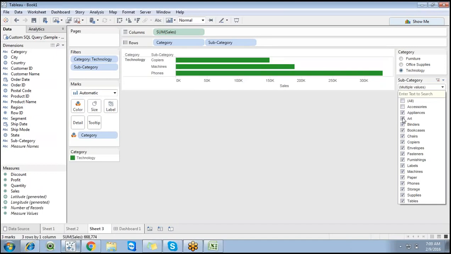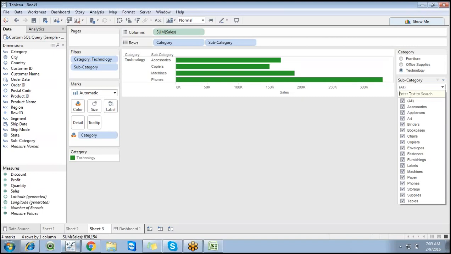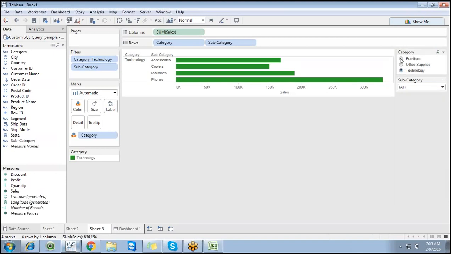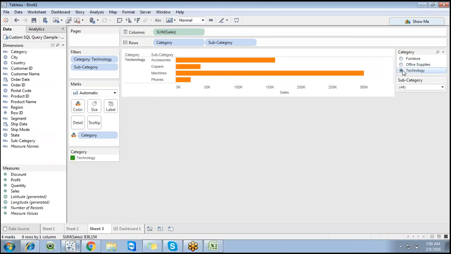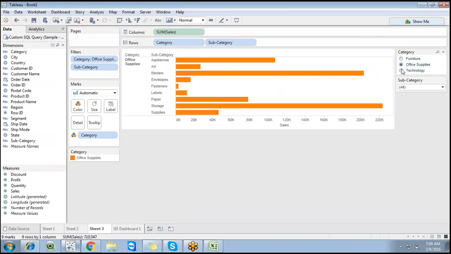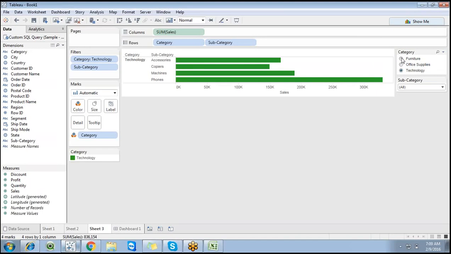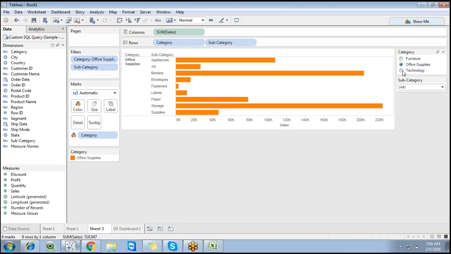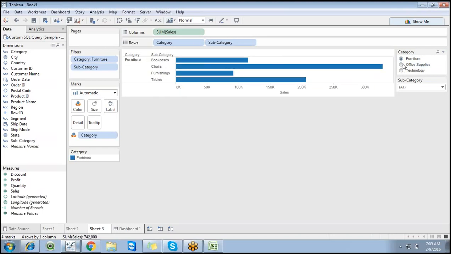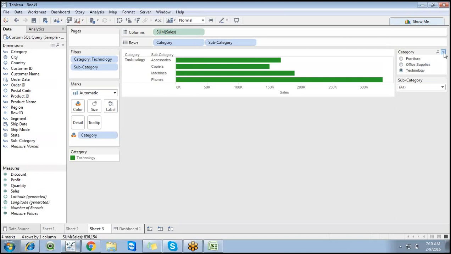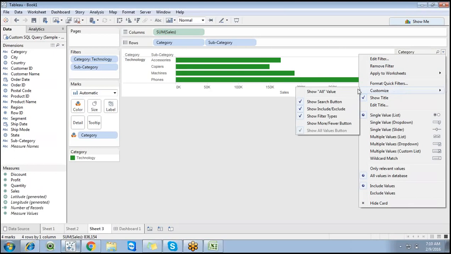So you can have an option called clear filter. Now you can see clear filter. You can click on clear filter to showcase all the values. But for this particular option, you don't have an option to clear filter. This is pure reporting, where you can go for only a single selection. It depends: if you want to restrict a user, you can straight away restrict the user by using a single value drop down or single value list, and you can go with the customization all. But it is not preferable.